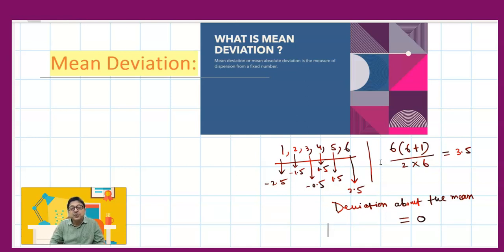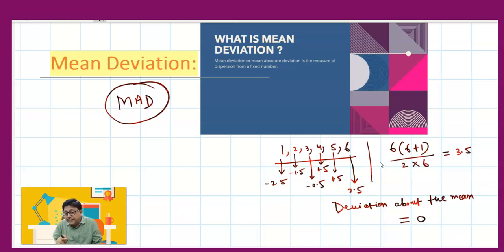That's why we sometimes refer to this deviation as MAD. MAD means mean absolute deviation. Okay. So mean absolute deviation, when you take the absolute term, means we will make these negative quantities positive. Then there is a meaningful